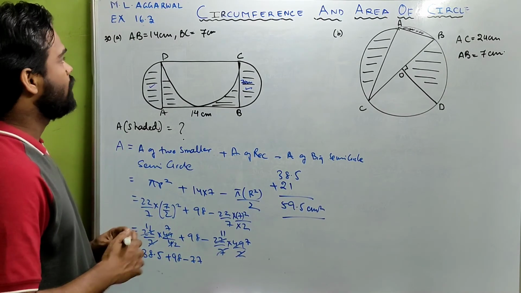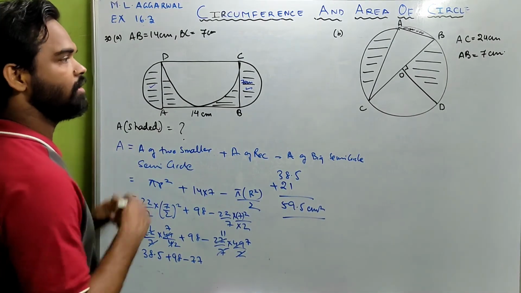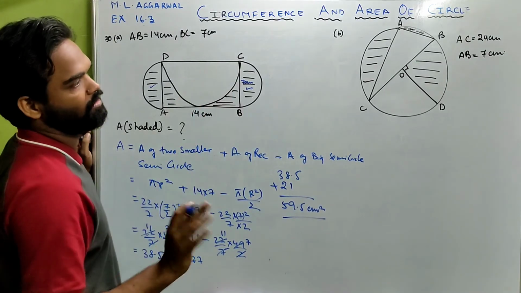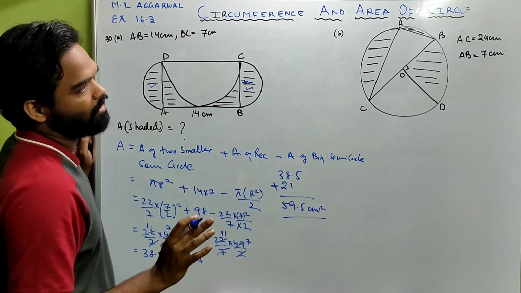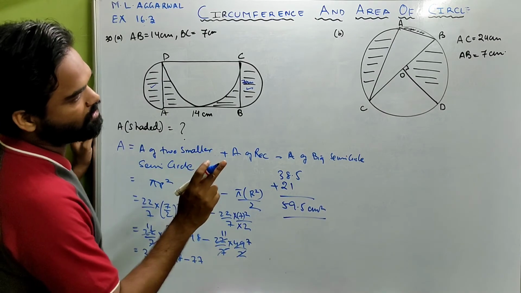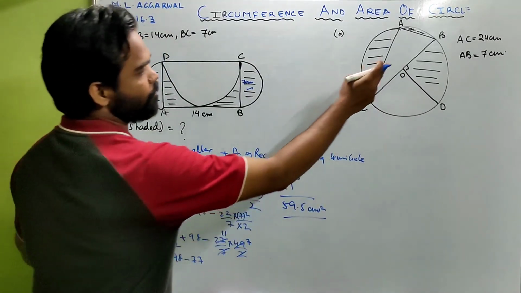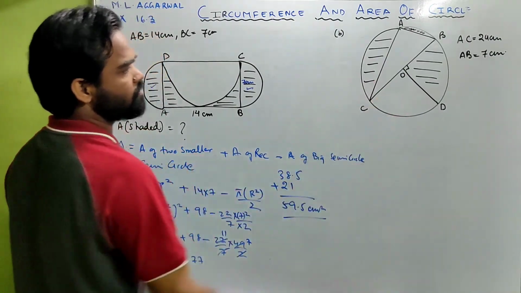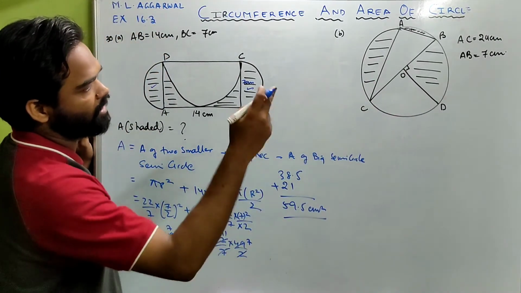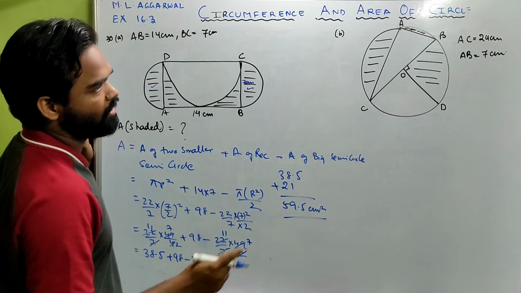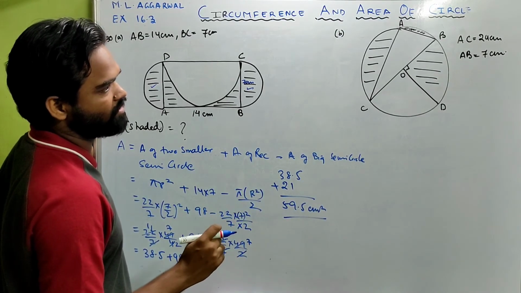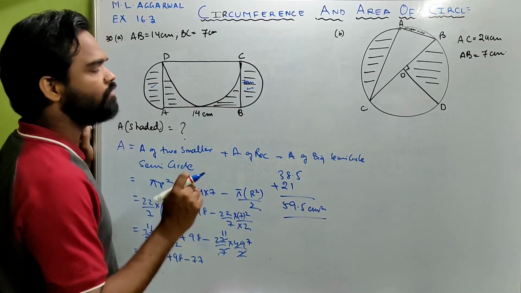Done. Now let us look at 30 part B. Now they've given a circle, and there you can see they've asked for the shaded region area. This BOD is a quadrant and COD is also a quadrant. They've given AC as 24, AB as 7 centimeter. Now one thing we should know,